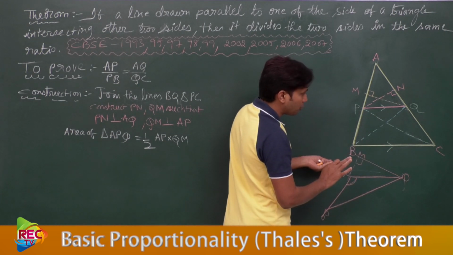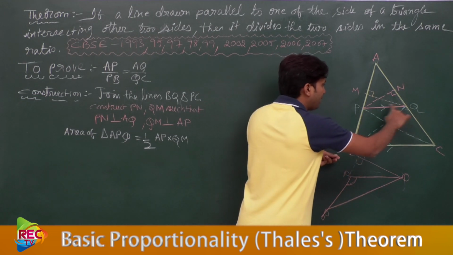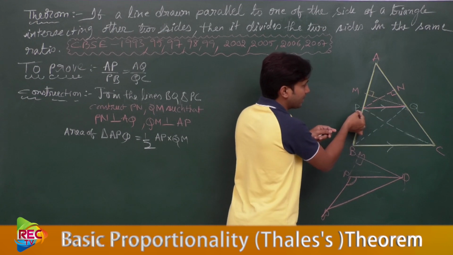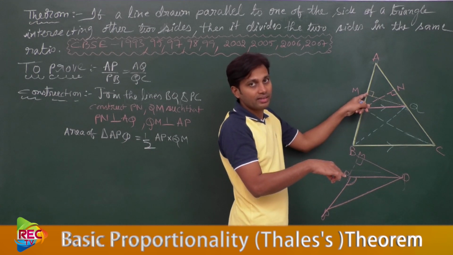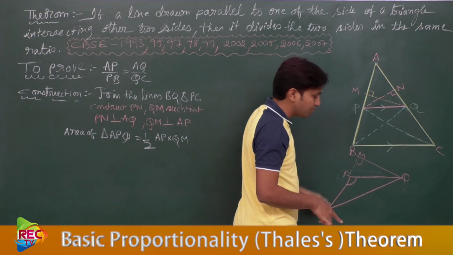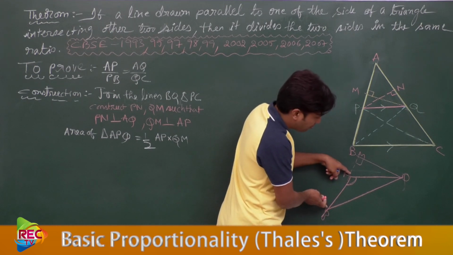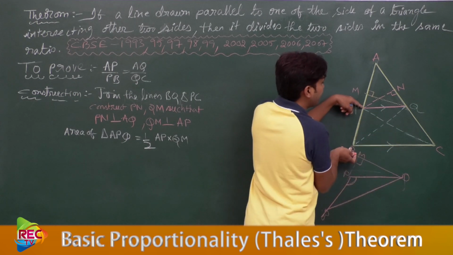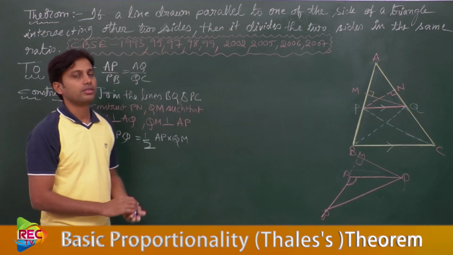Let me just show you here in this figure. Just see, BPQ is a triangle which is an obtuse angle triangle. Then QM acts as the height of the triangle, meaning the altitude for the triangle when the base is considered as BP. For this PB side, QM will be the altitude. Got it or not? So that's it.